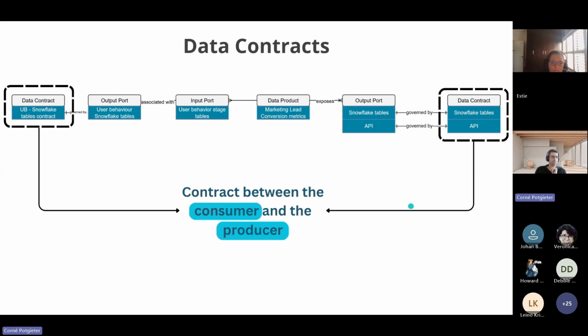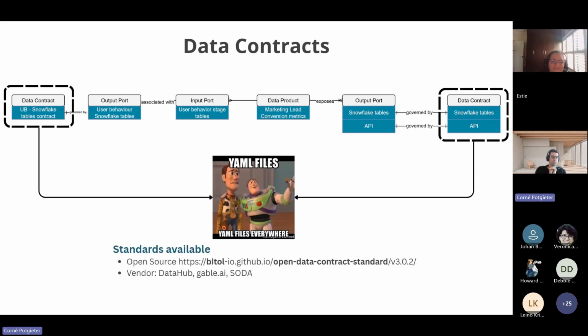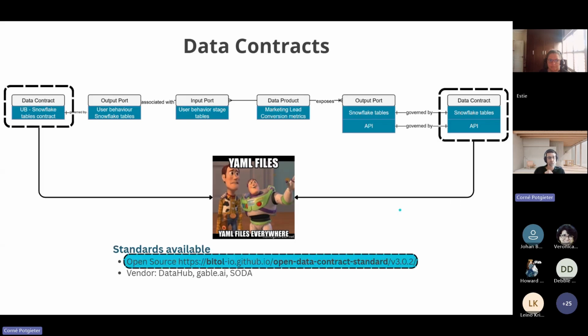Technically, what is it? It's a lot of YAML files, and it is based on a couple of standards. There is an open data contract standard that was produced by the Bitol open source project, and there are some vendor-specific ones as well. I'm going to show you a little bit about the open source one. From some of my colleagues in the industry, the feeling I get is that this one will become the industry standard.